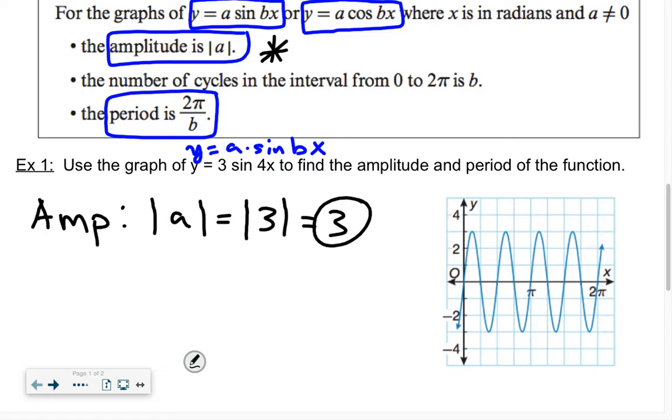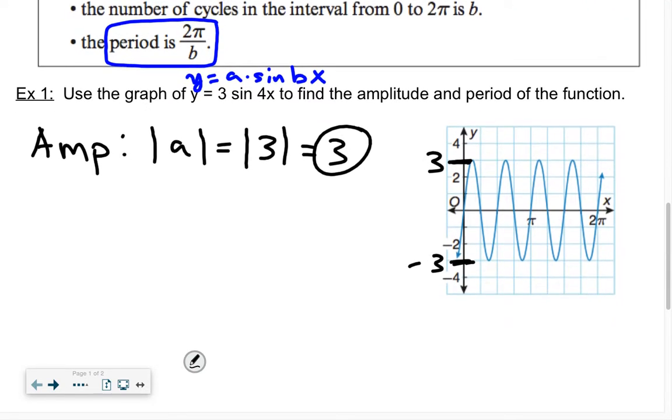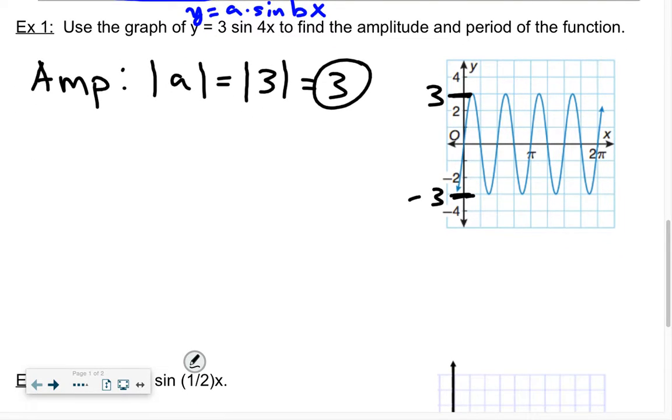Let's take a minute to look at the graph here. Notice our wave over here on the right. Notice its max is 3, and its min is -3. So when we talk about amplitude, it's really the height of the wave in terms of what the max and the min are. If we find the period,